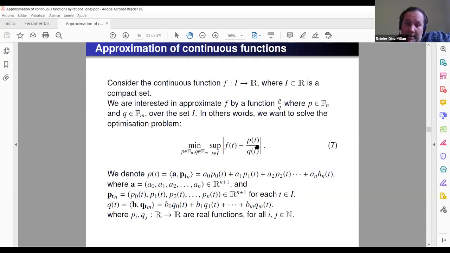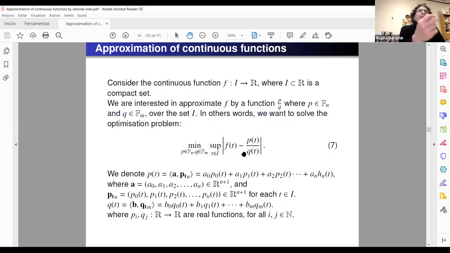What I understand of your question is that this is an infinity norm, but the problem is that this is a real number. No, I'm not saying that the norm is infinite. You know that the L^p norm, for p equal infinity, is the supremum for t. Yes, but that is when you have a vector. You don't have a vector here. p of t is a real number, and q of t also is a real number.